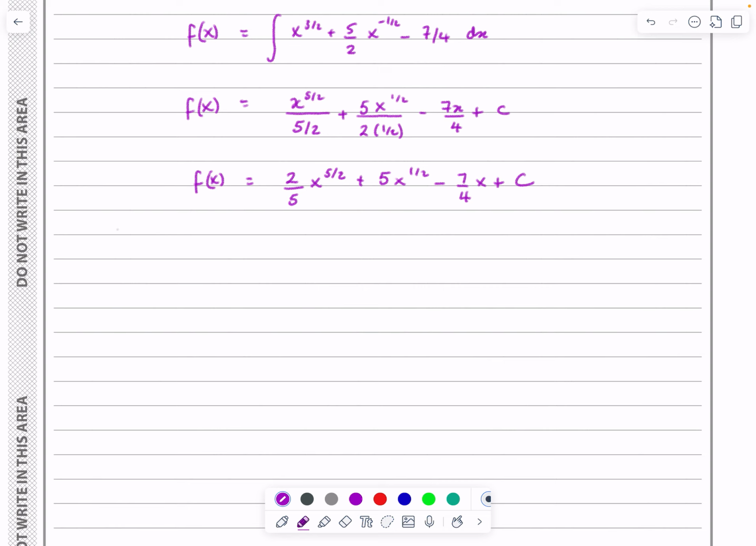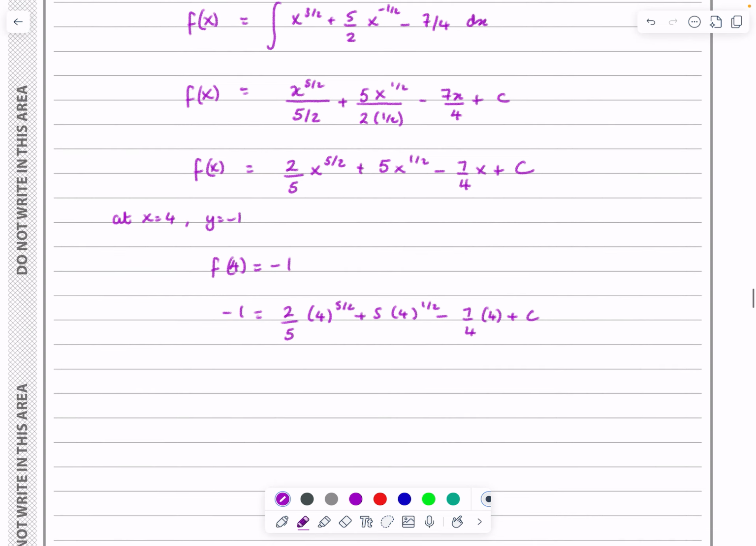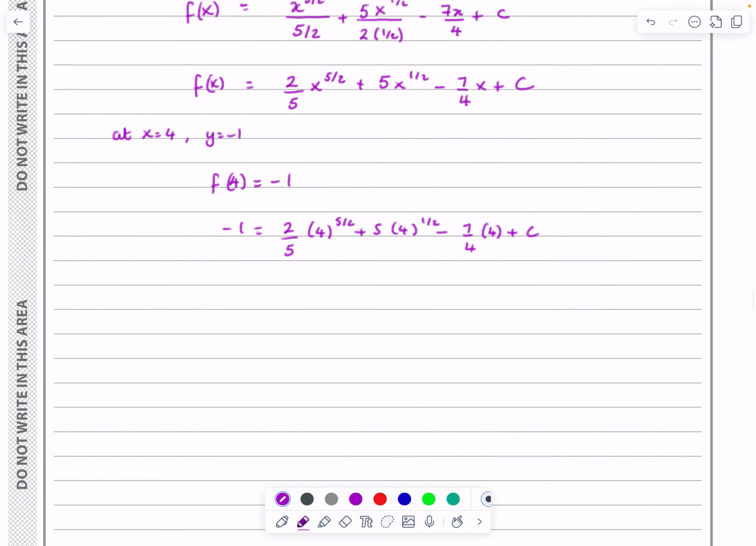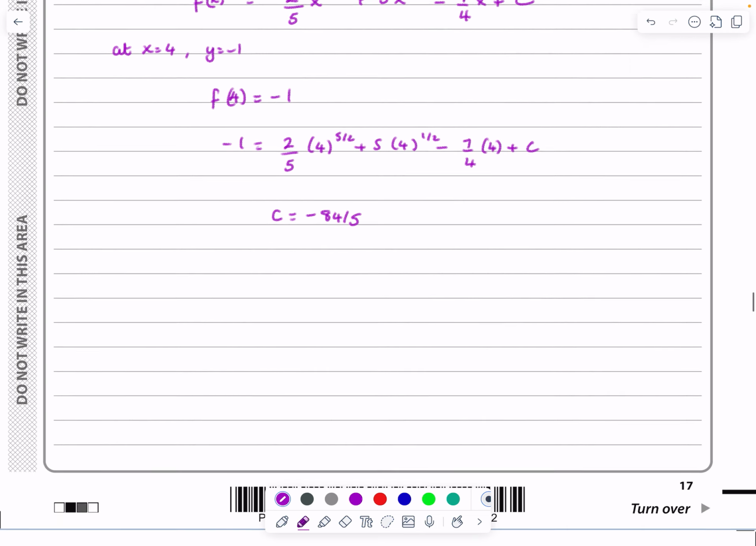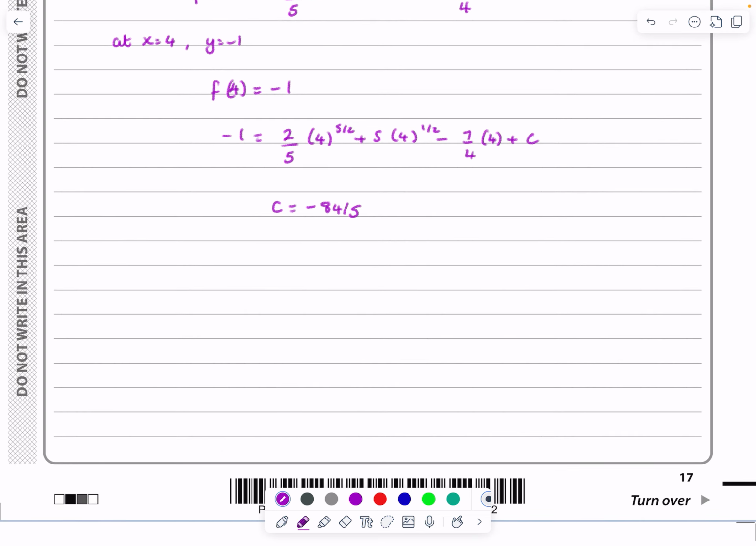So we know x equals 4, y equals minus 1, or a better way of writing that down is to say f4 equals minus 1, but either way we're going to say minus 1 is equal to 2/5 4 to the 5 over 2 plus 5 lots of 4 to the half, 7 over 4 lots of 4 plus c, and now you just need to rearrange all that. I'm not going to bother doing that, the video's taking long enough as it is. So if you rearrange that, we get that c works out to be minus 84 over 5 apparently,